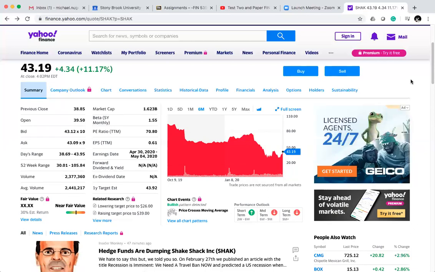But the big question, everybody, is this going to be a U-shaped recovery or a V-shaped recovery? Basically meaning how long will it take for our economy to be where it was before this crisis? And again, a lot of people are coming out on both sides of this question.